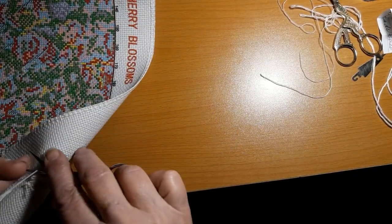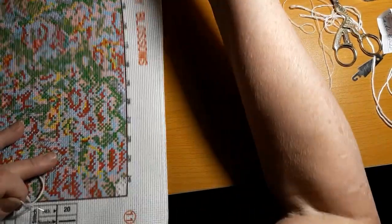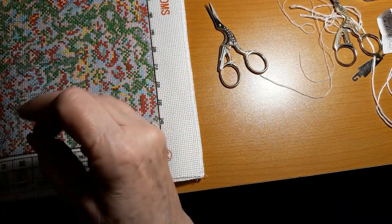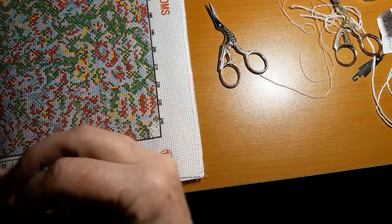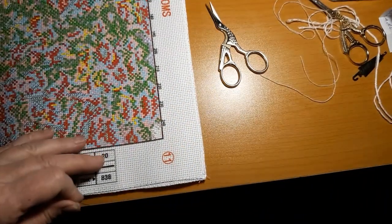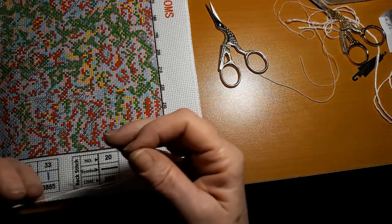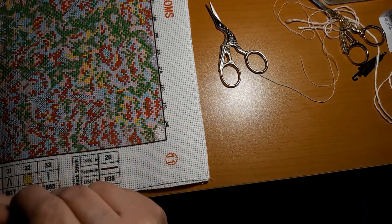So we'll just move it. And you'll use a little bit less. I mean, there's probably more. They've probably got a sufficient amount, shall we say, of what colors you need, but I'm just saying it'll take less thread doing 14 count than